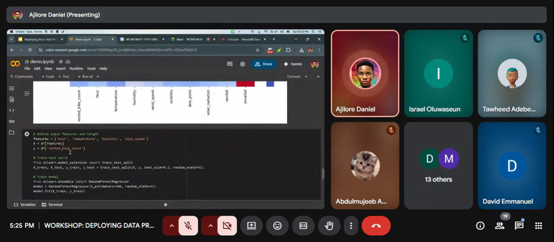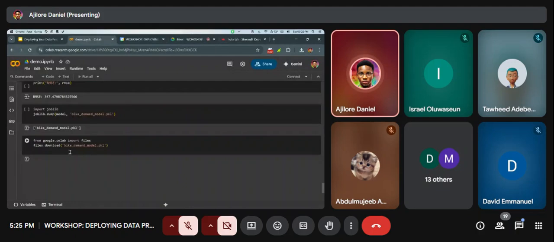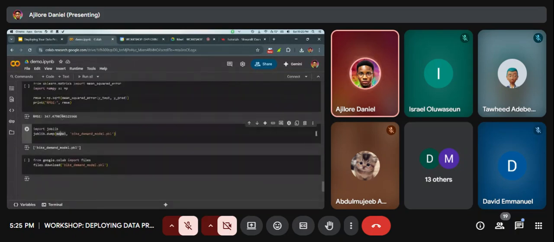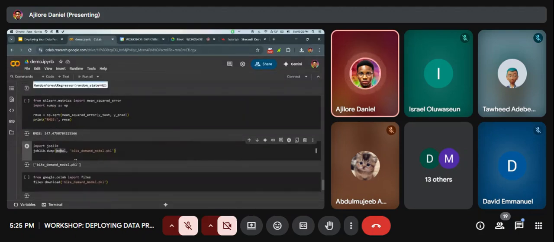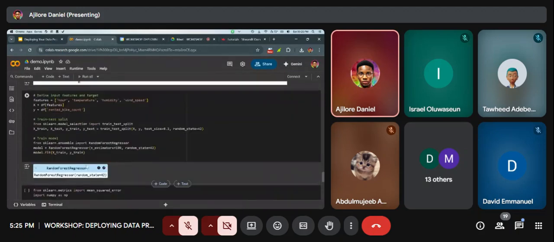I was able to create a model that I want to use in my Streamlit for the web app. Joblib is used to save your model, to convert whatever model results you had into a format that you can use. So then let me just go to the